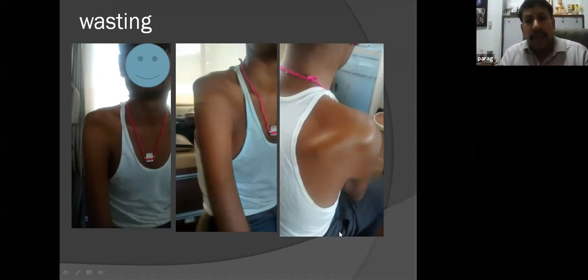So if you inspect and look at your anatomy, and if you remember that, it's a straightforward diagnosis. Then you have to look down whether the elbow is involved or not. But if you have this kind of a picture with wasting of the muscles at the back and the deltoid, it cannot be recurrent dislocation, but it has to be a C5 C6 root injury or C5 C6 plexus injury.